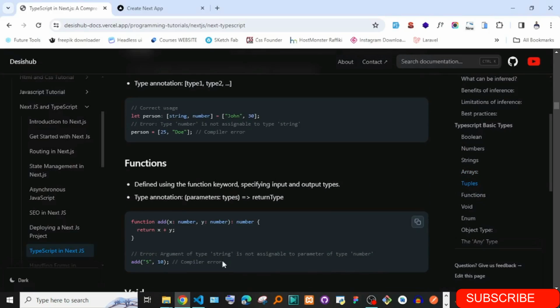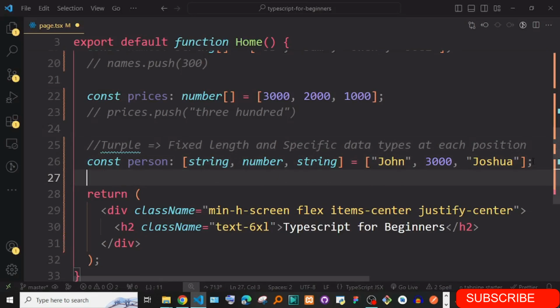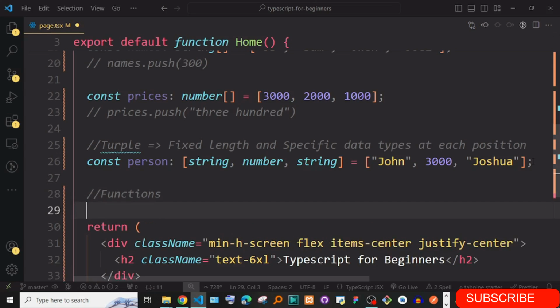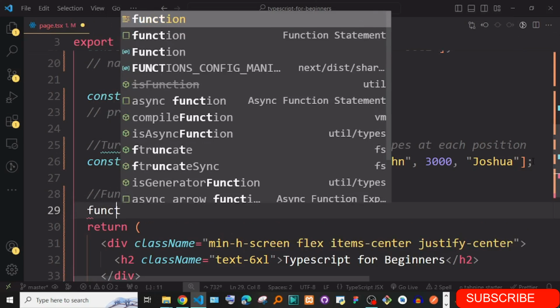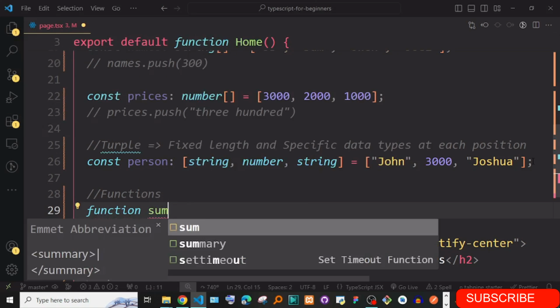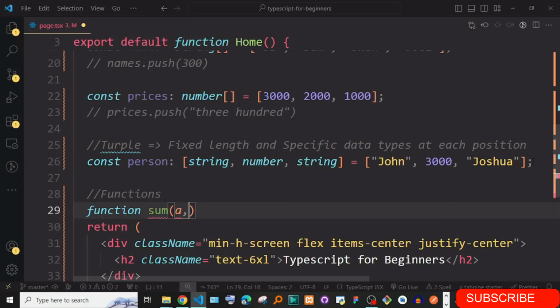So the next is functions. Of course we are looking at basics, guys. Let's say we have a normal function. I'm just going to say function, maybe sum, and this function takes in a and b.